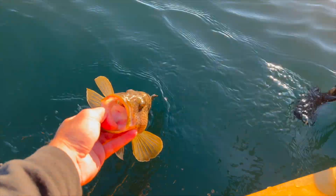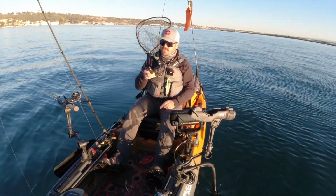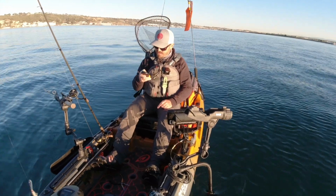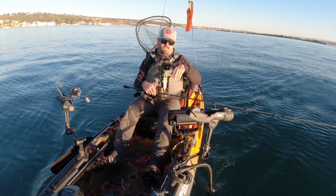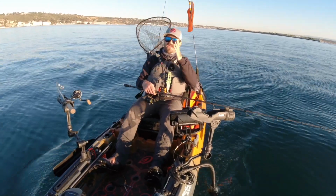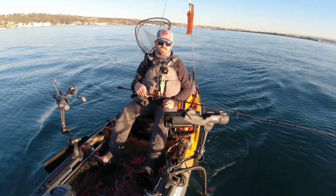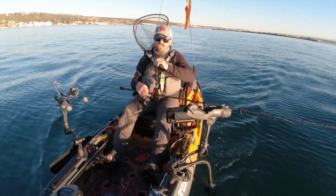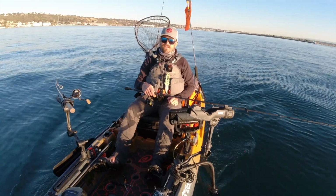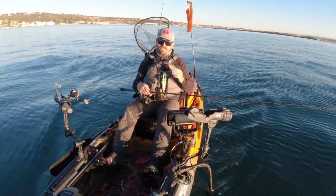Let's get him back in the water. There he goes. Let's push that cruise control speed back up by just pushing the up arrow. That heading feature was nice because I was sitting there dealing with that fish, taking photos, and the motor kept me going right towards my destination and still kept this rod trolling even though it's just a little bit slower than I like. And that's what's so great about the autopilot and the iPilot system,